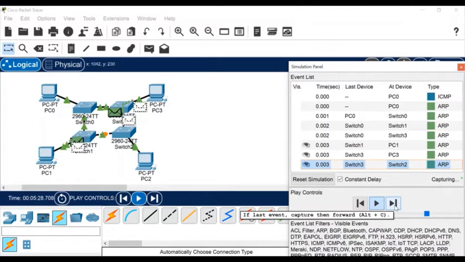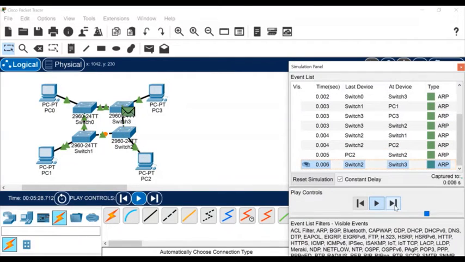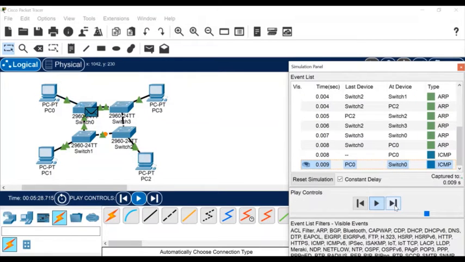You can see now it's broadcasting, and the route is known now, so it will be updated in the MAC table, and it will be received back at the source. Now the ICMP packets will be traveling the route as per the MAC table.